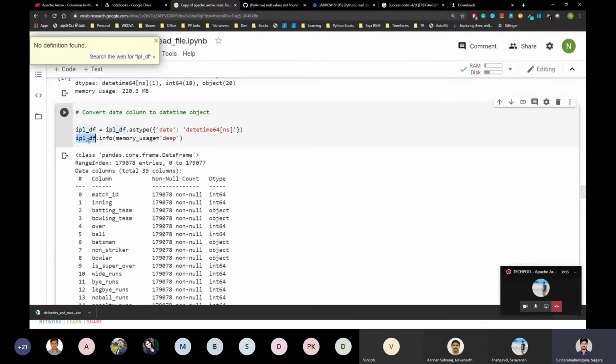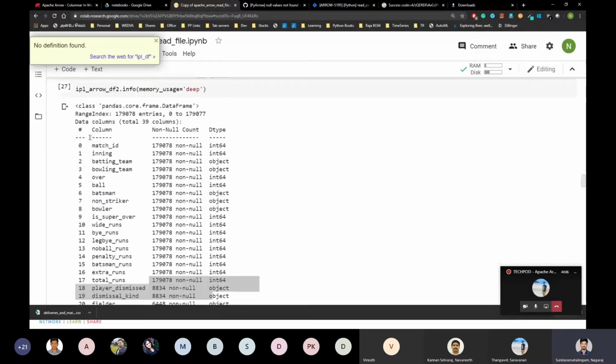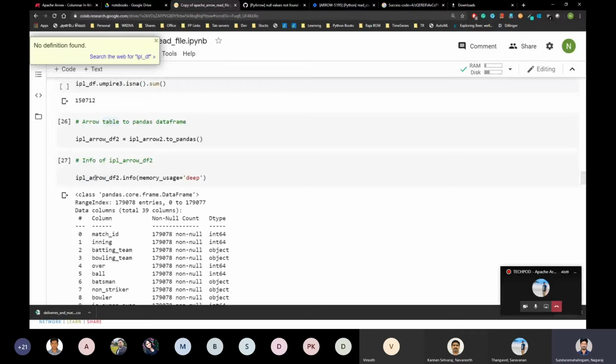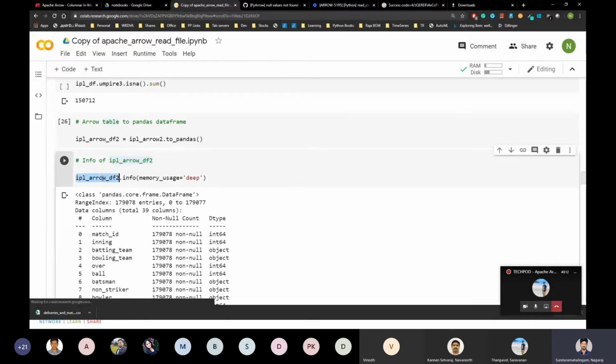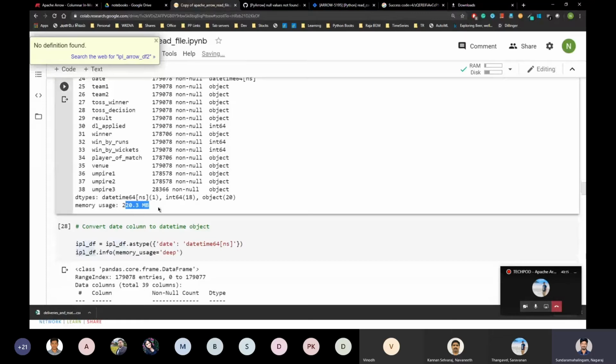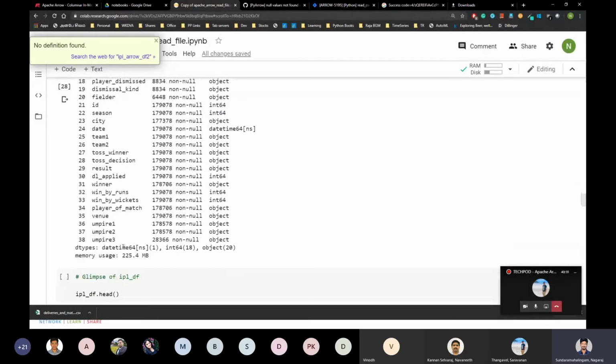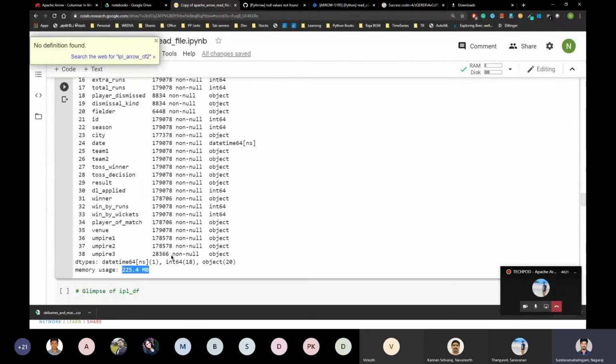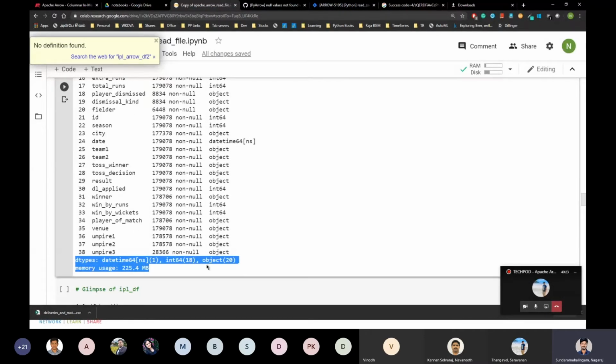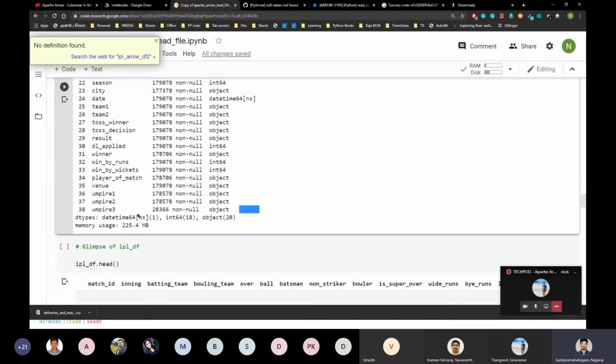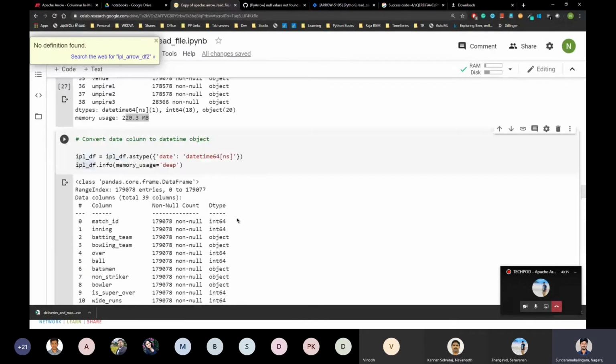So IPLDF is the traditional pandas data frame read method. I read it that way, and the other one I read as an arrow table and then converted to a pandas data frame. If you check the memory usage, there is a difference, even though all the data types and the null values are exactly matching. Here there is only one column as datetime, 18 columns as int64, and 20 columns as object.